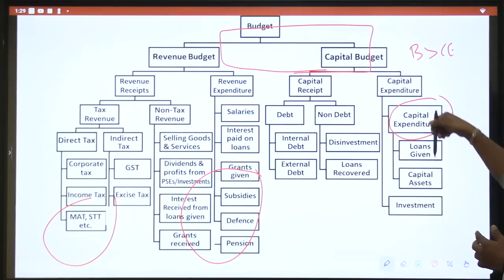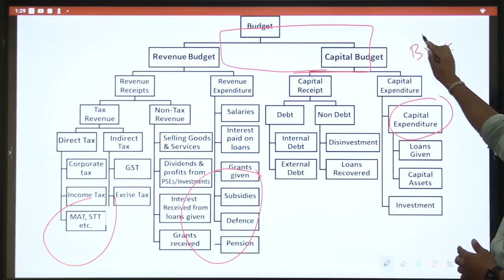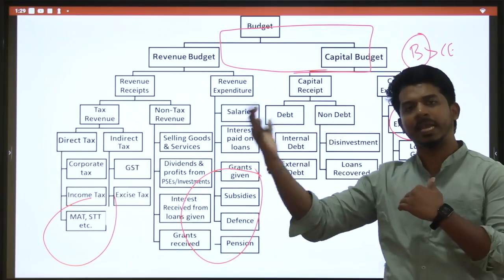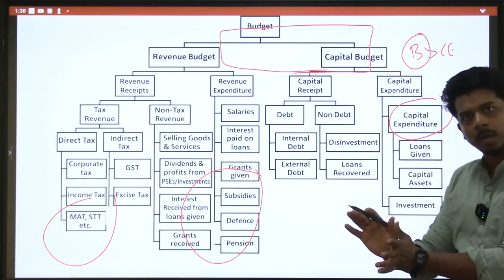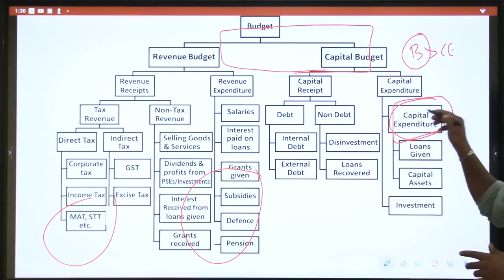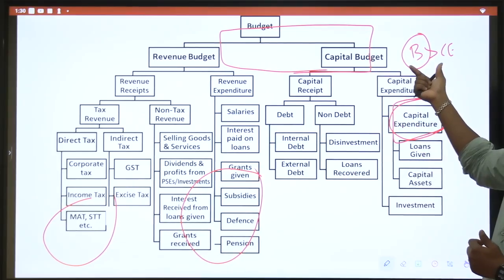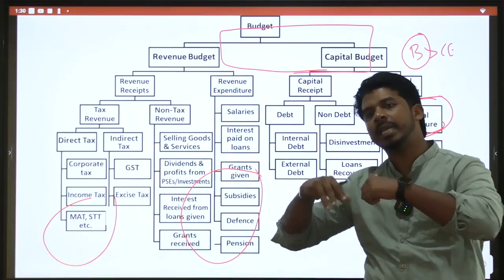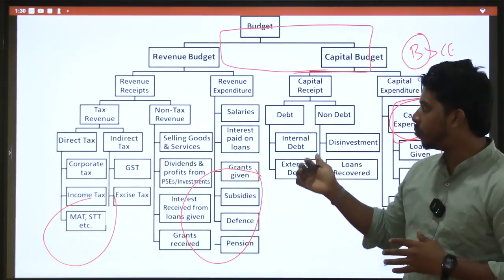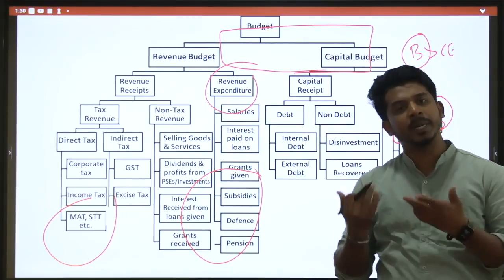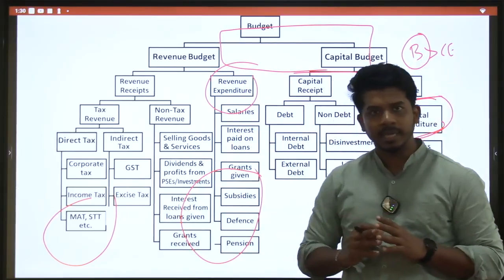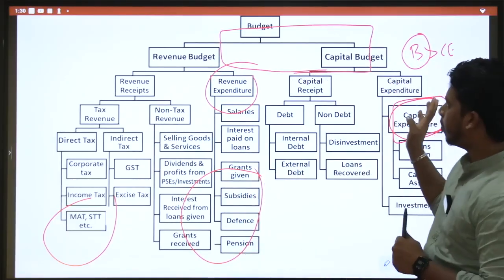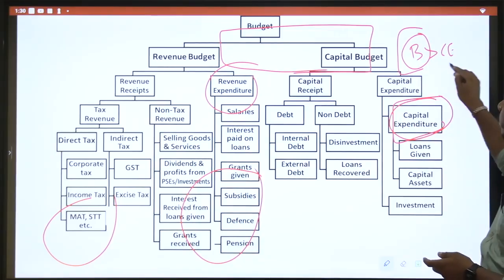But capital expenditure gives return. It is okay if I borrow and put it into capital expenditure, because this will give me return. But my borrowing is more than capital expenditure. That means I am borrowing for something else other than capital expenditure. Maybe I am borrowing for revenue expenditure also, which does not give me any returns, but I have to pay interest on my borrowings. So this is a bad thing. Whatever happened till now is not good for finance.